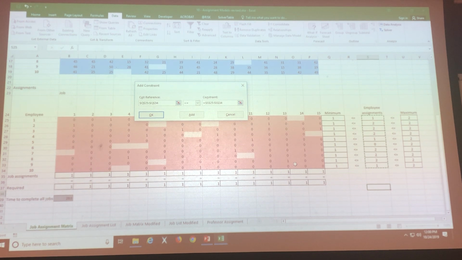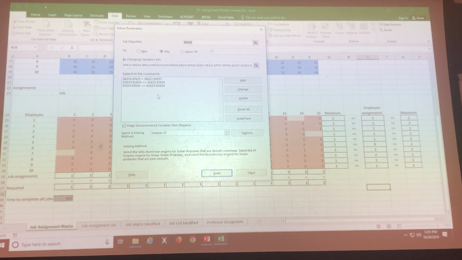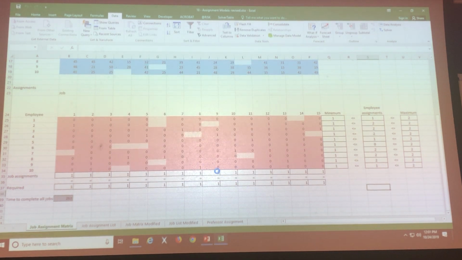Now, the way that I've done it, this is now Q25 to 34 less than or equal to S25 to 34. And the other one that I had in there before scooched over and it became S25 to 34 less than or equal to U25 to 34. So anyway, I just added that new constraint that wasn't previously in there that I didn't think about. I just didn't think about the fact that somebody wasn't gonna get a job. So when I solve this now,